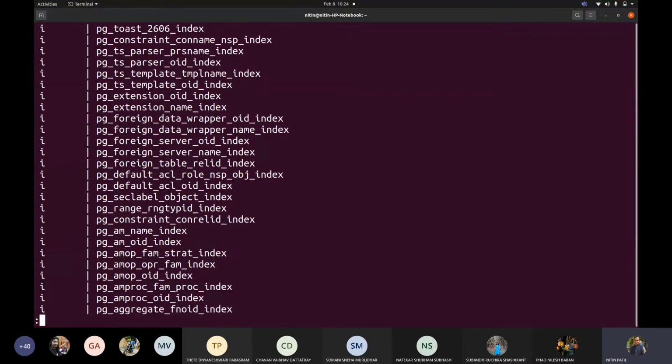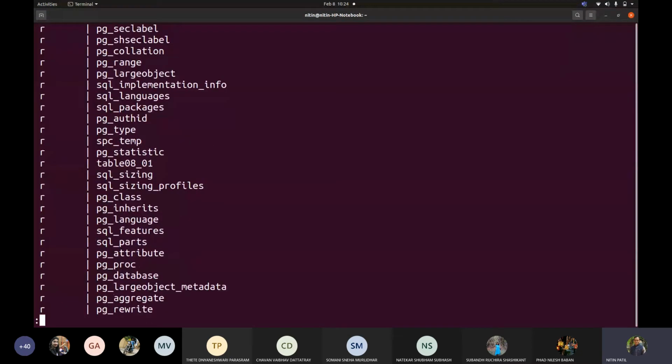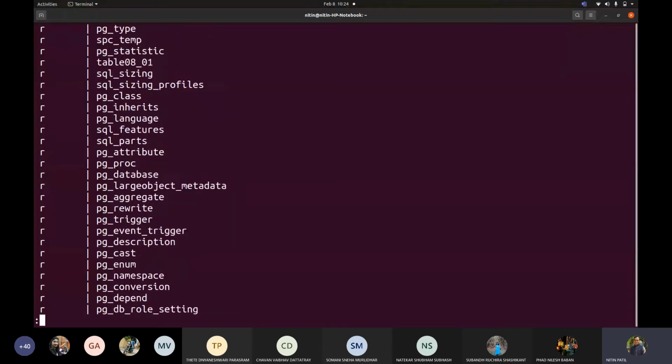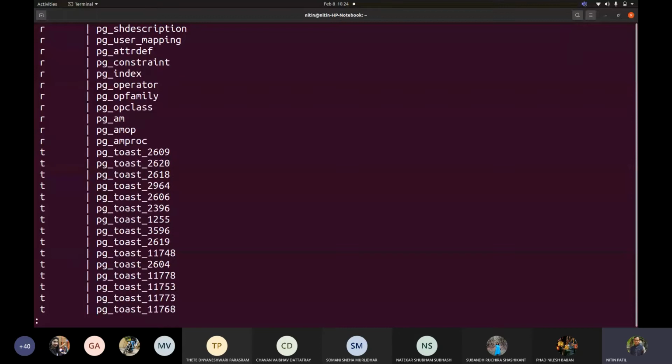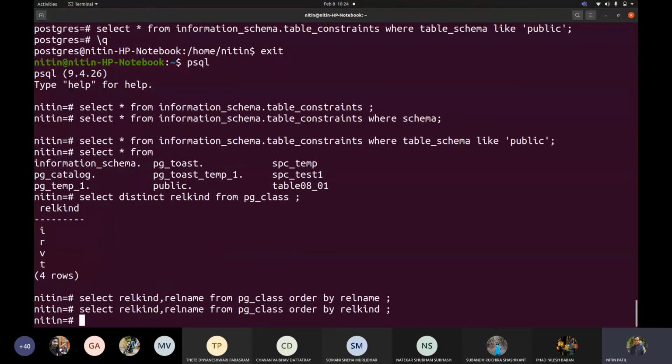So this is index, I means index, okay. Then see these are relations, okay. Then this T is meant for toast, which is created, and this V would be view. Fine. So these are the four kinds of relation types internally added by the server.